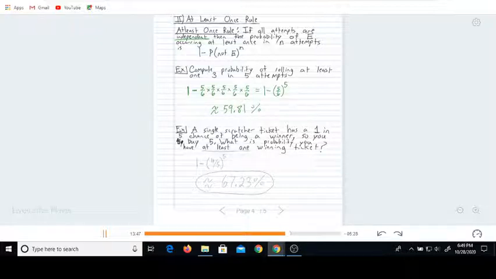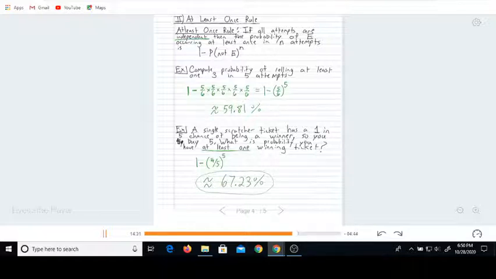So naturally, these lottery tickets and scratcher tickets, they're all independent of each other. So we can use the formula, the at least once formula. So, at least 1, that right there gives away you're using this formula. So that's 1 minus. Now, what's the probability that the ticket is a losing ticket? Well, you have a 4 out of 5 chance that it's a losing ticket. And how many did we buy? Well, we bought 5 of them. So we'll go ahead and compute that probability. And let's see here. 1 minus 4/5 raised to the 5th. You get approximately